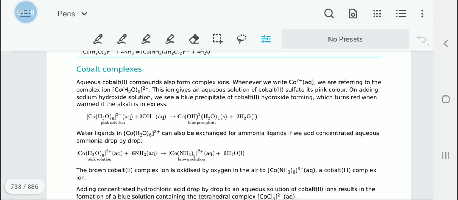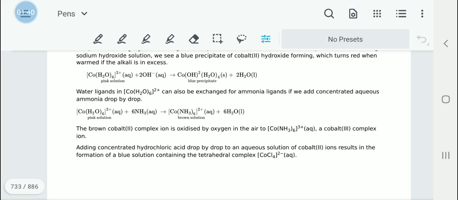And the same thing that we did in the earlier situation can be done here. We can exchange it for ammonia ligands as well. So when we add the ammonia solution to the pink solution of the cobalt and water complex, a brown solution would be formed, that is cobalt joining up with 6 ammonia ligands to eliminate